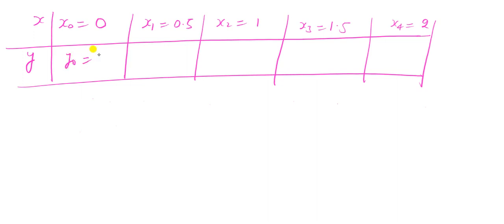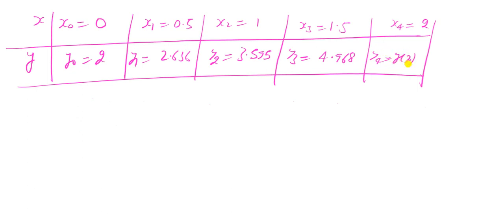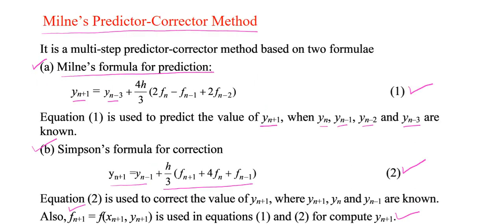This is y0 is 2. Then y1 is 2.636, y2 is 3.595 and y3 is 4.968 and y4 is y of 2. That is, our aim is to compute the value of y4, that is the value of y at x is equal to 2, that is x4 is equal to 2. So, using the prediction formula 1 and putting n is equal to 3, then we obtain